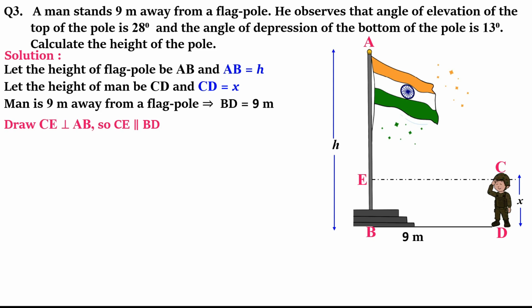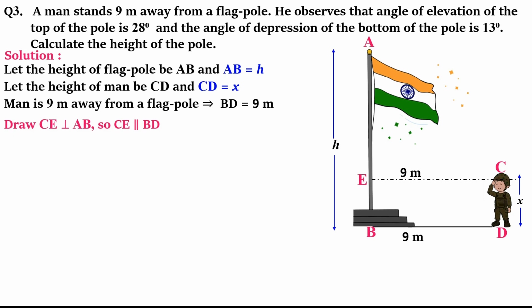But CE is not only helping in forming angle of elevation and angle of depression, it is helping us in some other sense also. And what is that? Now, when I drop a perpendicular, naturally angles CEA and CEB become equal to 90 degree, and the flagpole is vertical to the base, the ground, so it is also 90, and the man is also standing vertically, that is also 90, and the fourth angle, C, automatically becomes 90 by the angle sum property. Each angle of this quadrilateral, which quadrilateral?